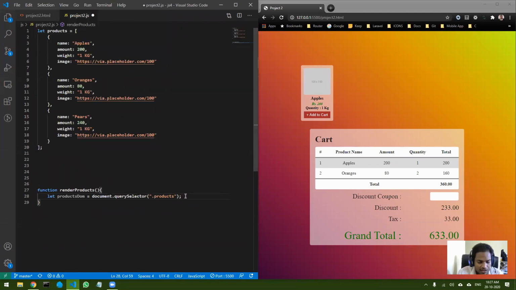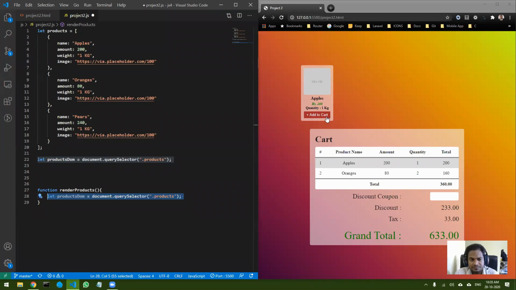Now what is the difference between putting it over here and putting it over here? Can anybody tell me the difference between this statement and this statement? Any idea? The first will run when the page is loaded.